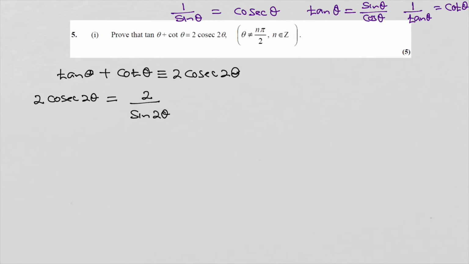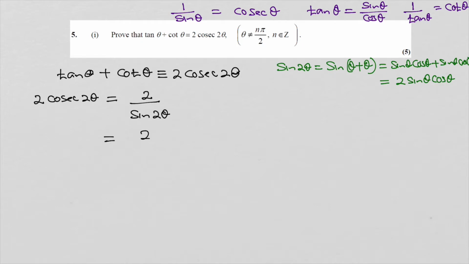Well, sine 2 theta can be written as sine theta plus theta, which is sine theta cos theta plus sine theta cos theta, and that gives 2 sine theta cos theta. So I could rewrite this as 2 over 2 sine theta cos theta, and 2 cancels 2,